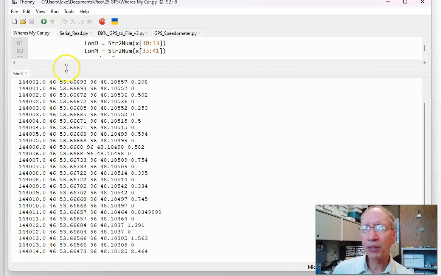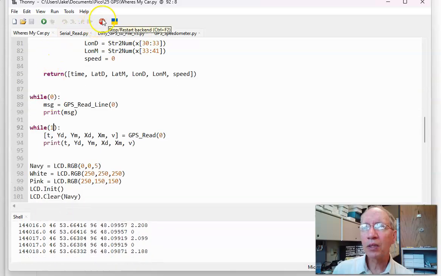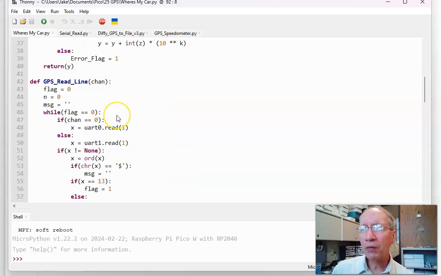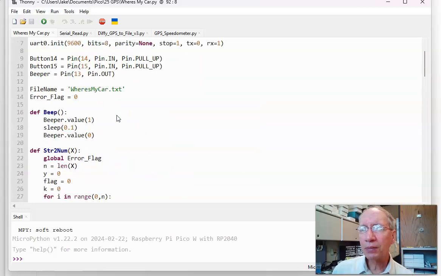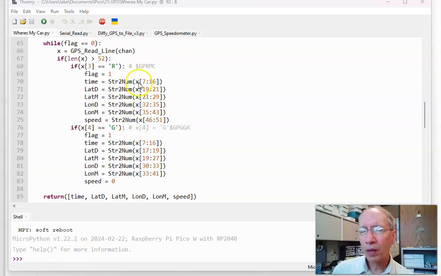I'm getting double reads. There's a reason for double reads. Let's stop this. I'm actually looking for 2 different messages. I'm looking for the GPRMC or the GPGGA. So every second I get 1 of each. If I don't want to do that,